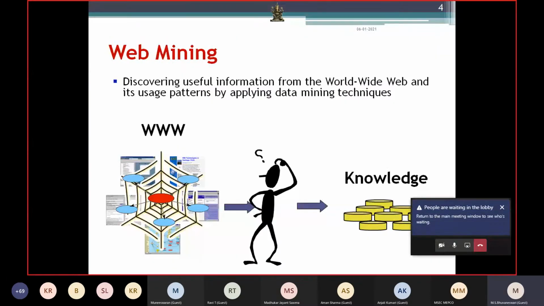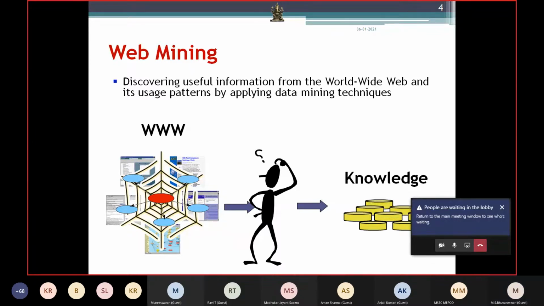Now the part is with the persons who are mining the data. From this large amount of data, which may be video, audio, or text, a mixed type of data, we have to extract some meaningful information. How are we going to extract it? For extracting such meaningful information, we have to apply data mining techniques. One such technique is item set mining.